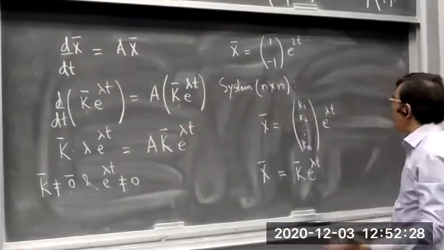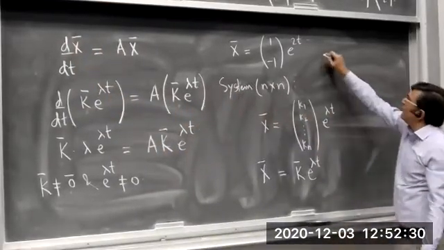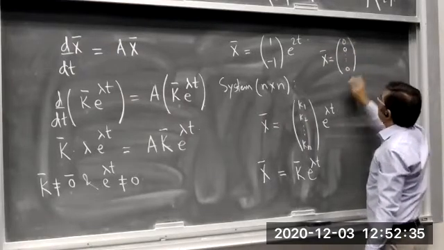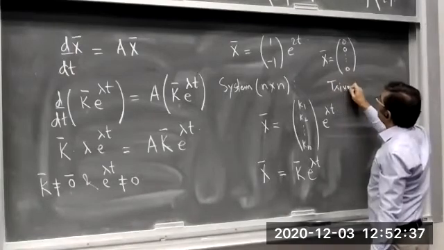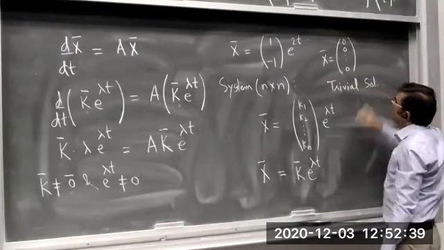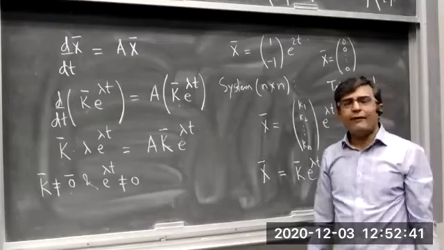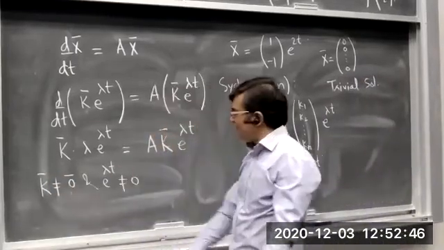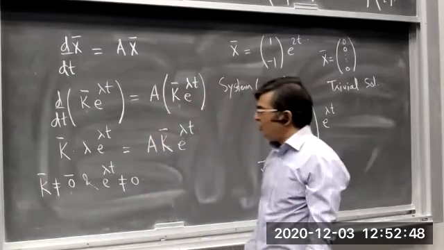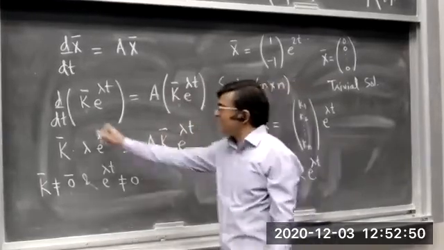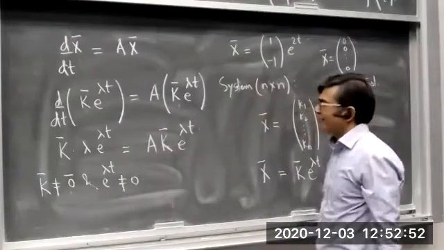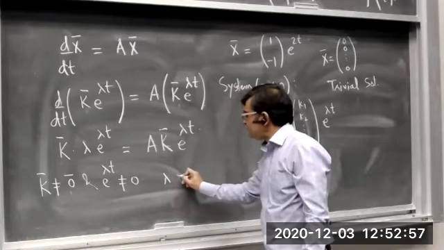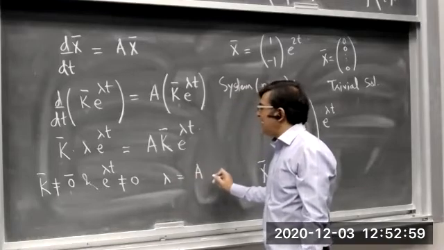The trivial solution is x bar which contains 0, 0, and so on, 0. This is your trivial solution of the system. But we are not interested in the trivial solution. We need to find a non-trivial solution. So we assume that k bar is non-zero, and an exponential function is always non-zero, so we can eliminate the k and the exponential factor from here. And we can write lambda is equal to A times